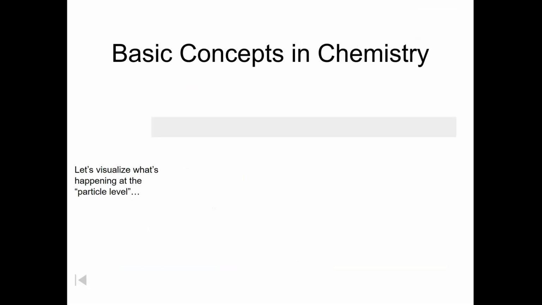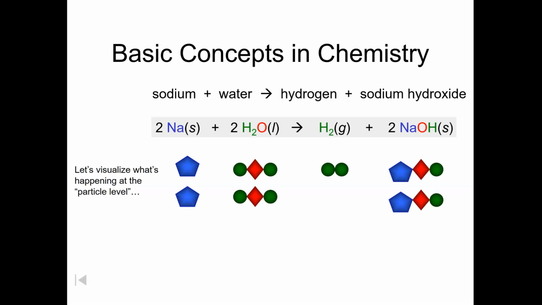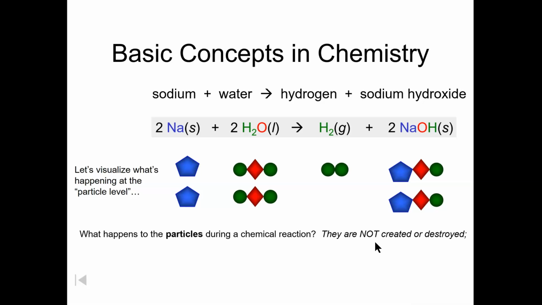Let's just look at the particle level, and this might be a friendlier slide than the last one. So sodium, water. Just spend some time looking at this diagram. I think it illustrates, and you'll see 2 sodium plus 2 water. It's no different than our shapes that we used previously. But this is what's happening at the particle level. And this is what's called a chemical reaction. Nothing is being lost or gained. They're simply doing what? That's right. Rearranged. They're simply being rearranged.